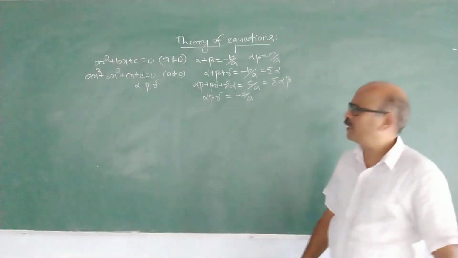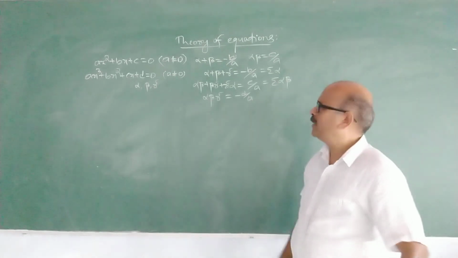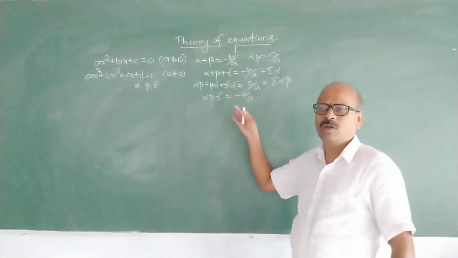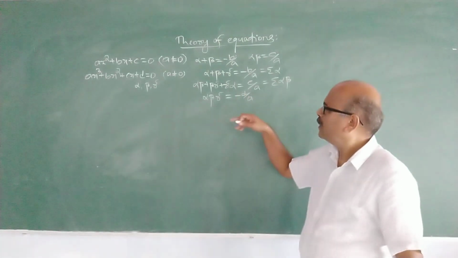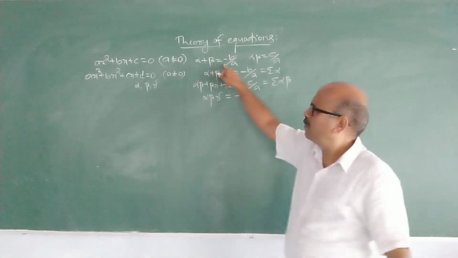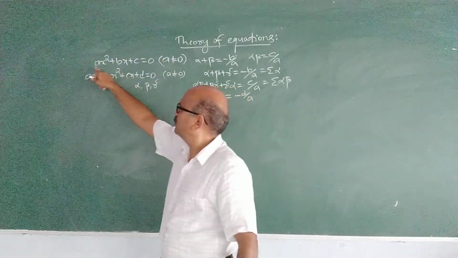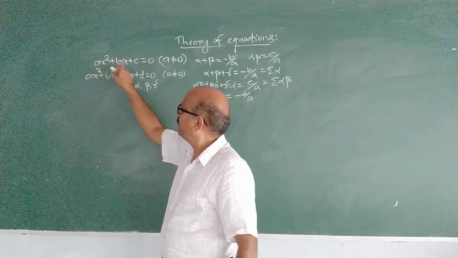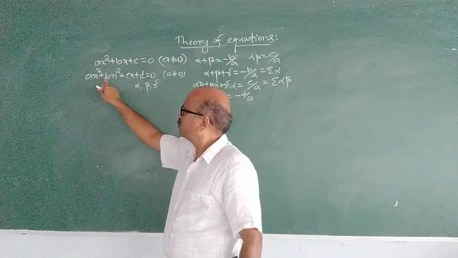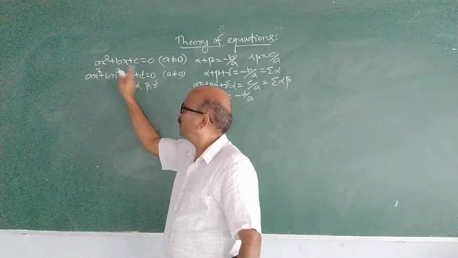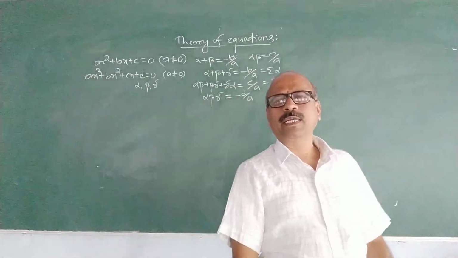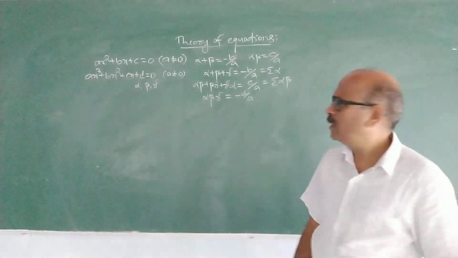One thing is common, so you can easily remember, or you can take this as a formula. The sum of the roots is minus b by a. It starts from this: minus b by a. The product of two at a time is c by a. Here also minus b by a, c by a, minus d by a. Alternate negative, positive you will get.